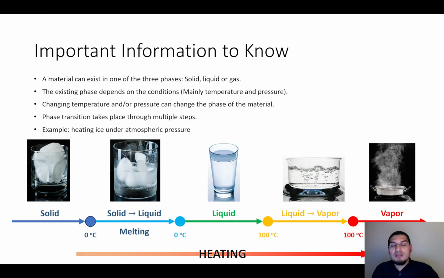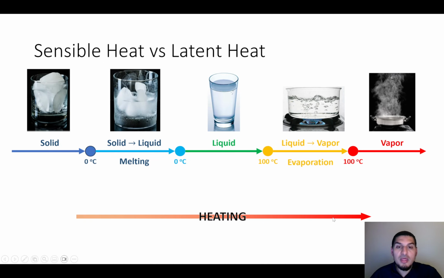First, turning from solid to liquid is called melting, and turning from liquid to vapor is called evaporation. When we look at the heat that is gained, we have heat gained to warm the ice up to 0 degrees Celsius, heat gained for melting, heat gained for heating the liquid, heat gained for evaporation, and heat gained for